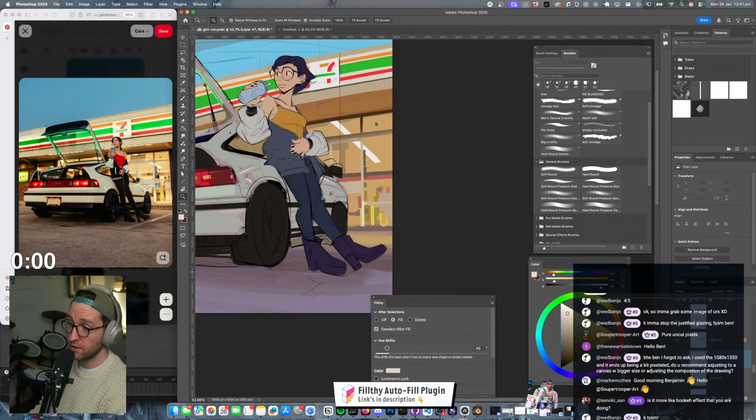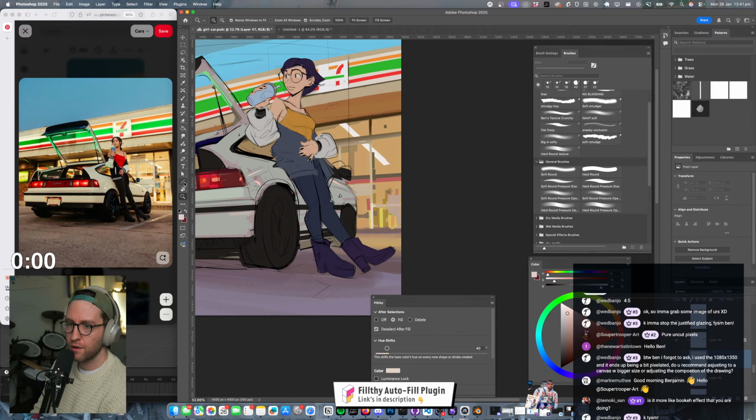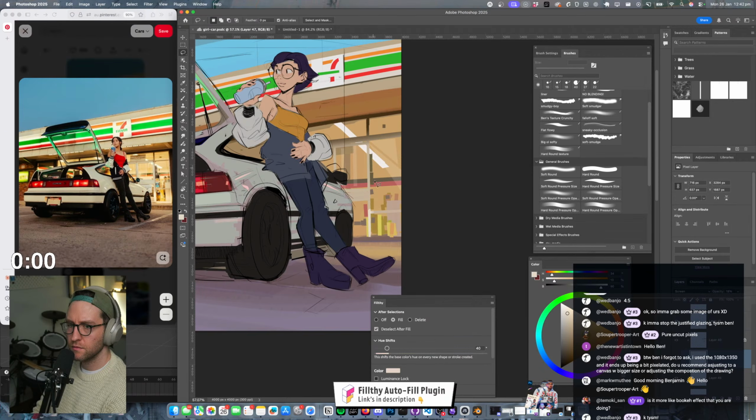Now I'm going to use screen, our first layer mode. We need some more color variety back here.